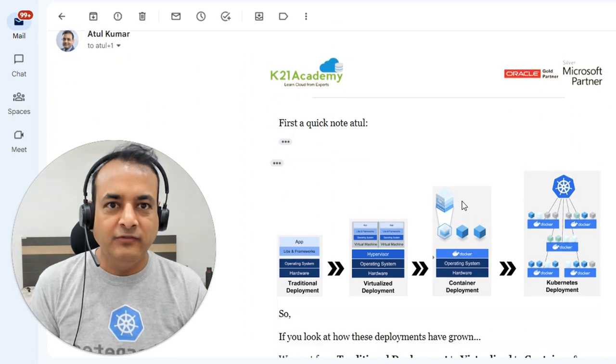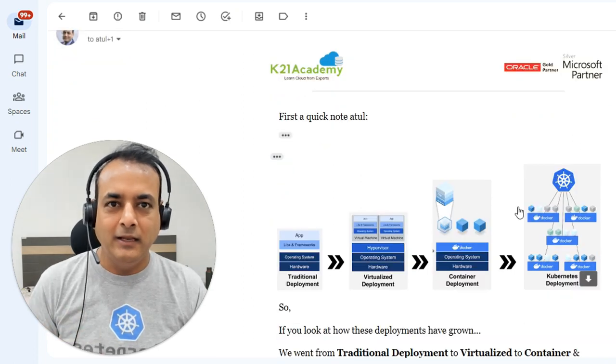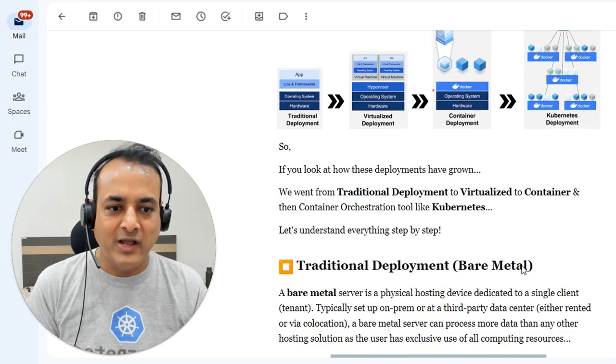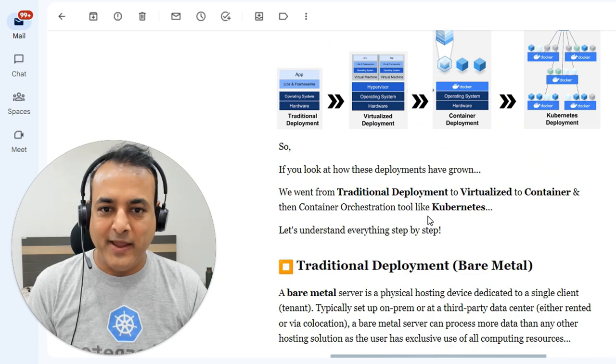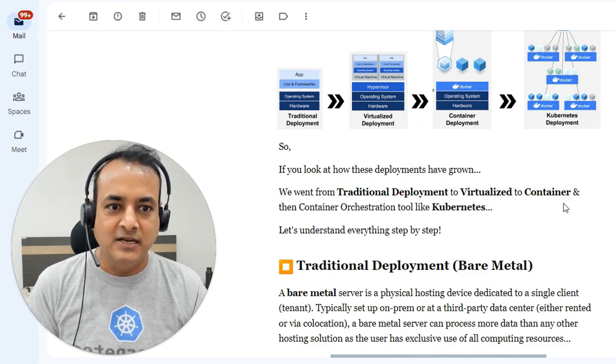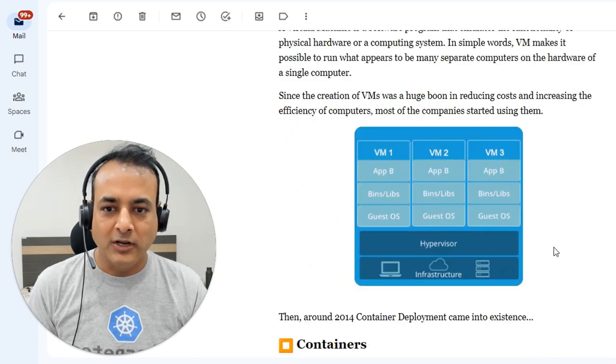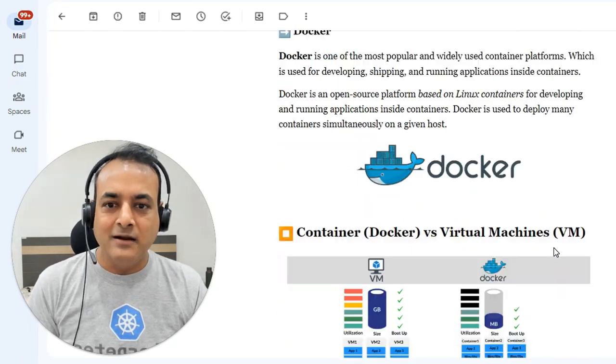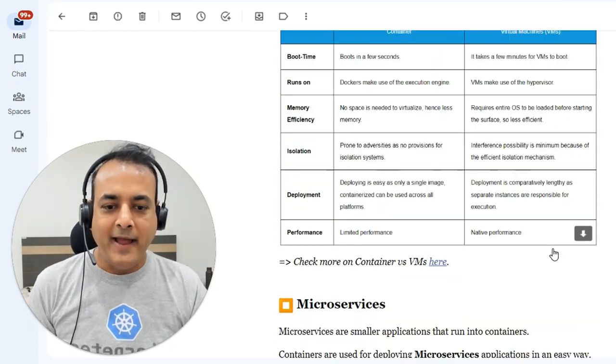In this part one of a multi-part video series, I'm going to talk everything about containers and Kubernetes. The objective of this video is to keep it high level, a bird's eye view on how traditionally we have developed these and how deployments have come far, covering bare metal, virtual machines, containers, and now Kubernetes. What are these? The difference between virtual machines and containers, container runtime options like Docker, and the various options